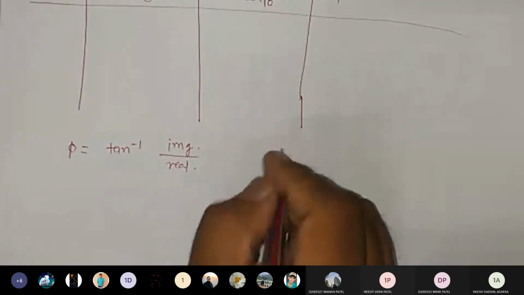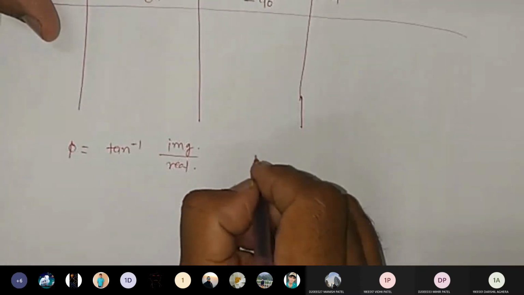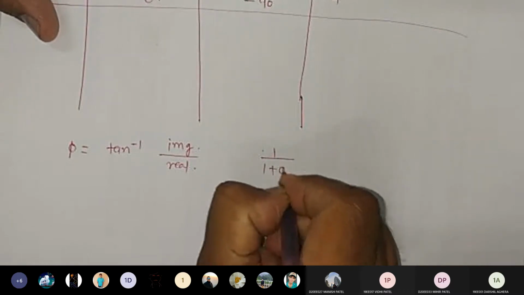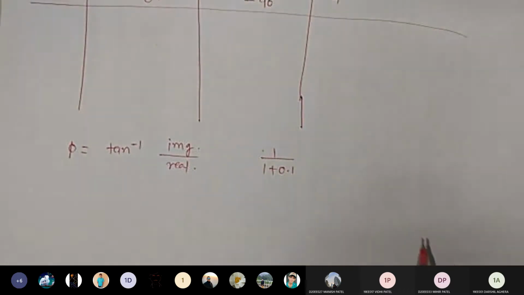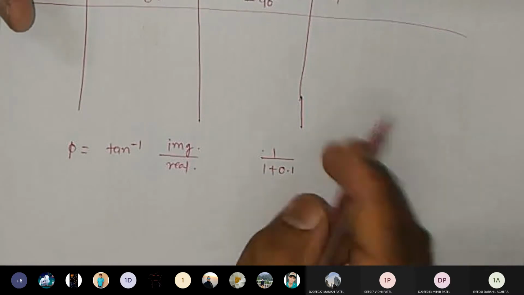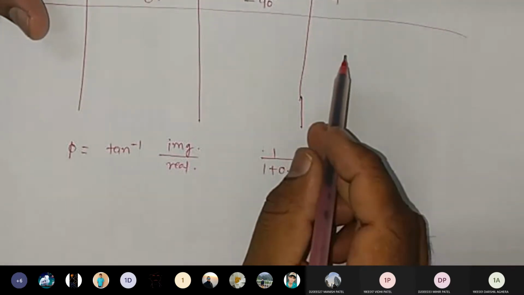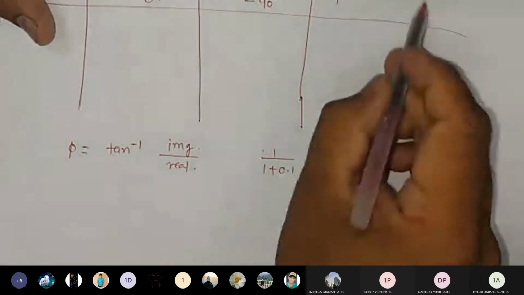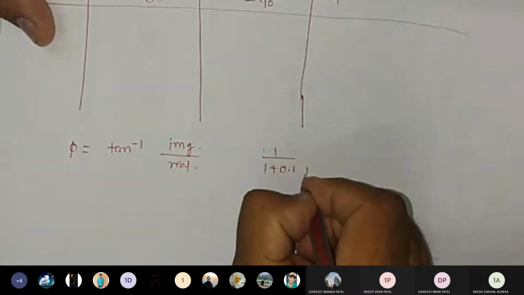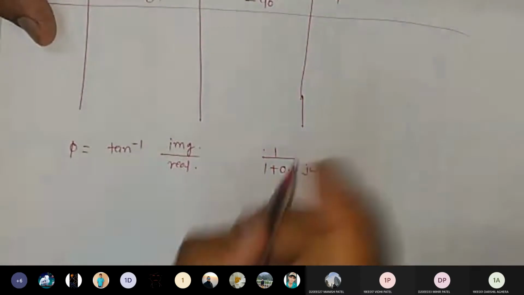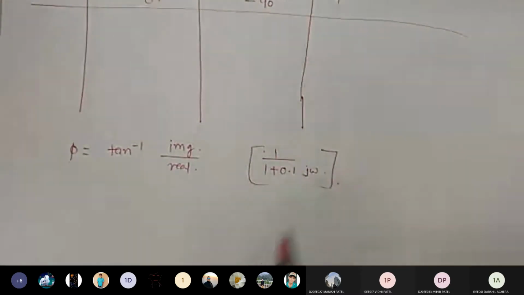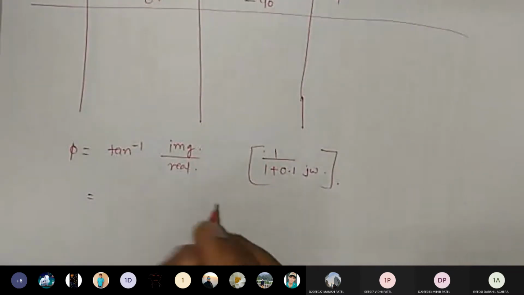What is our answer? 1 upon 1 plus 0.1 into j omega. If I put phi is equal to tan inverse, it will be